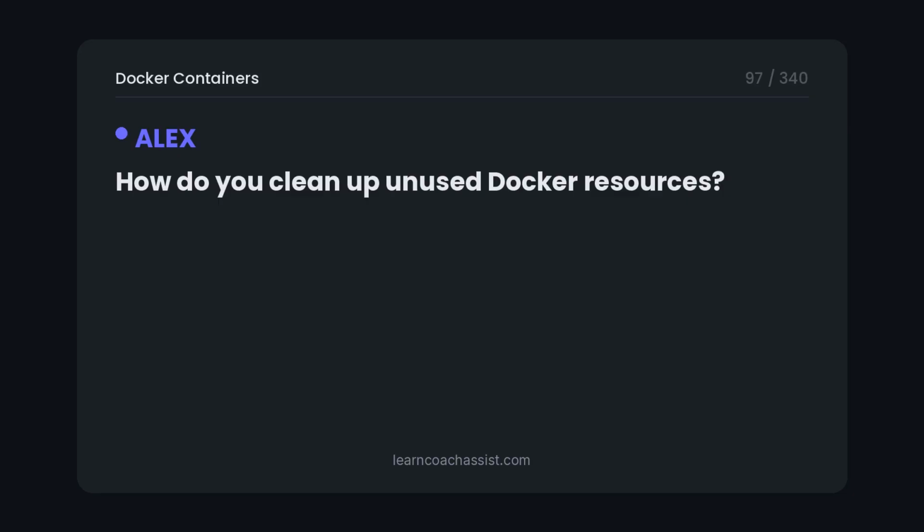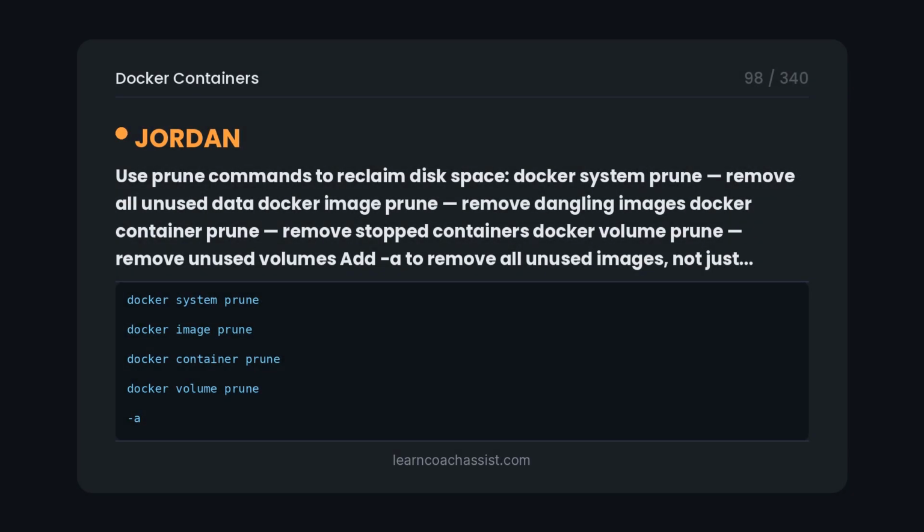How do you clean up unused Docker resources? Use prune commands to reclaim disk space. docker system prune, remove all unused data. docker image prune, remove dangling images. docker container prune, remove stopped containers. docker volume prune, remove unused volumes. Add -a to remove all unused images, not